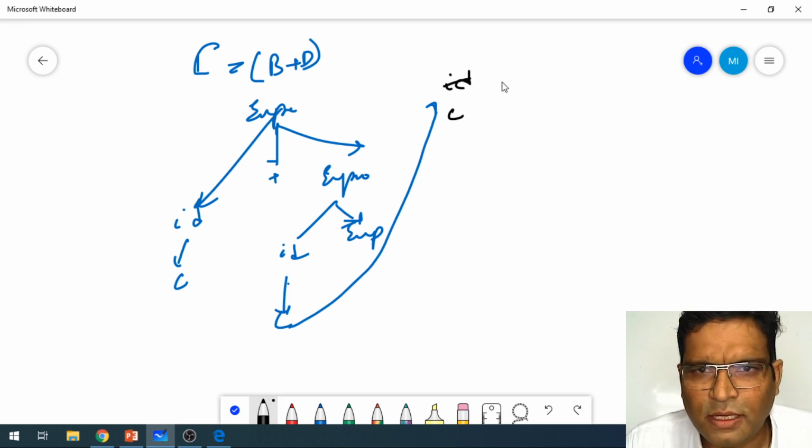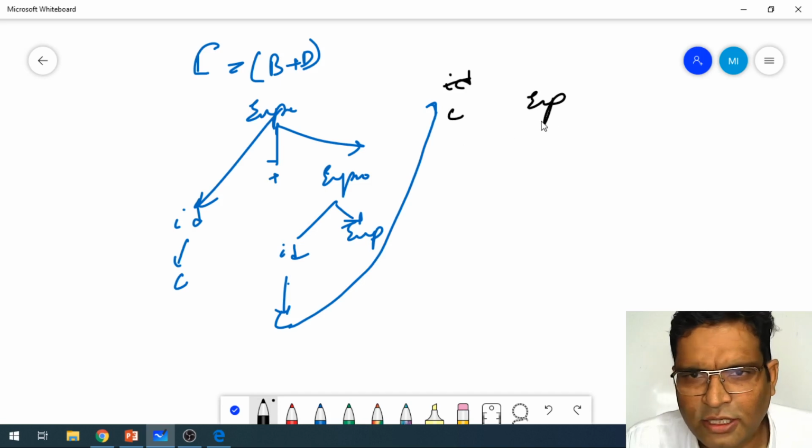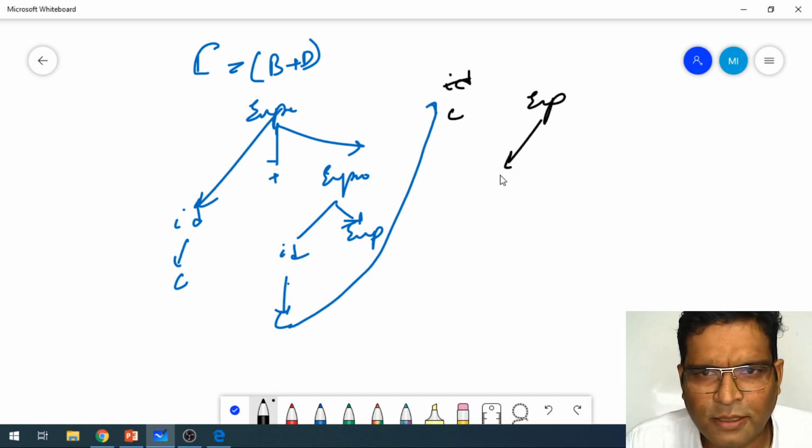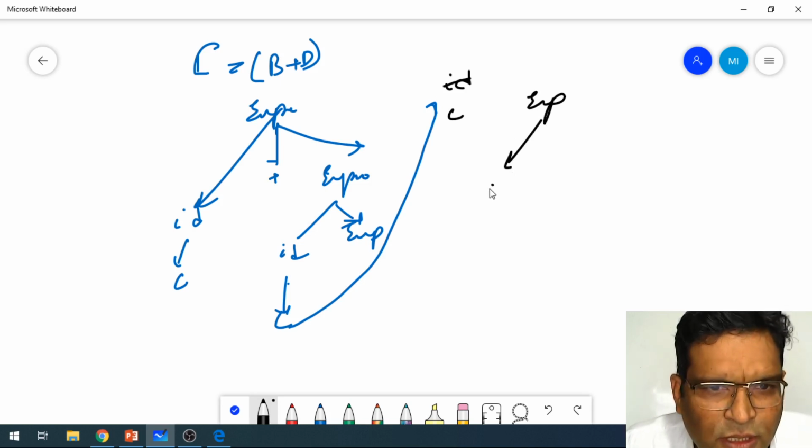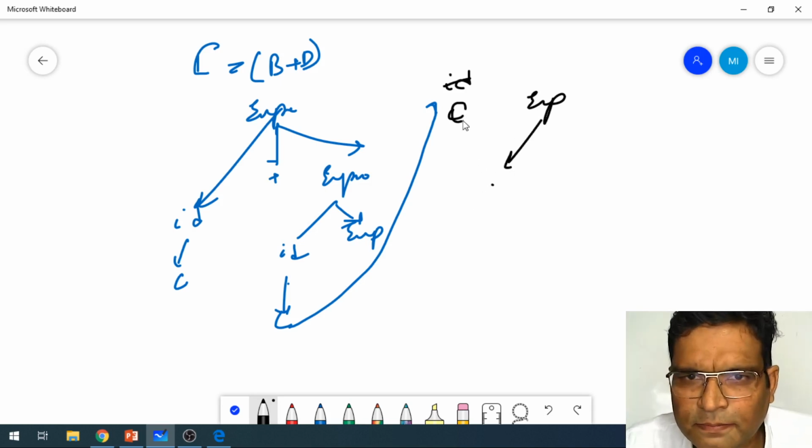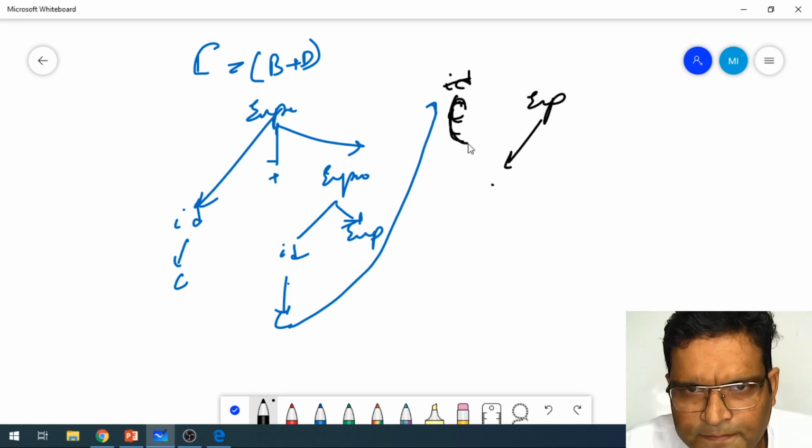This is C, and then we call it expression. Expression is divided into C, already there. Sorry, not C, this is an open bracket.